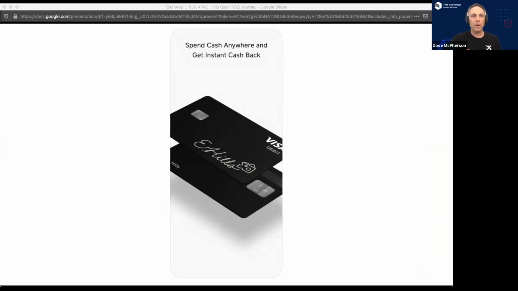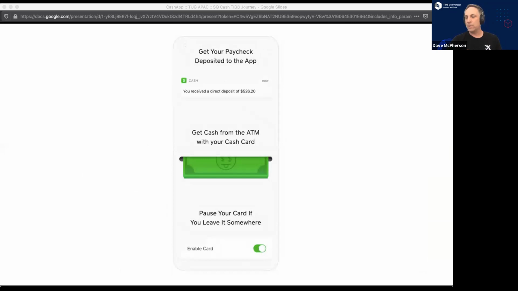You are able to do quite a number of things, from direct deposits of money into it, similar to a bank account. You can get your own physical card, and you can get that in a variety of colors. You can even do some pretty designs within the app itself. It lets you use your finger and create some interesting designs, which has led to some fairly interesting cards being created that are quite unique to the individual.